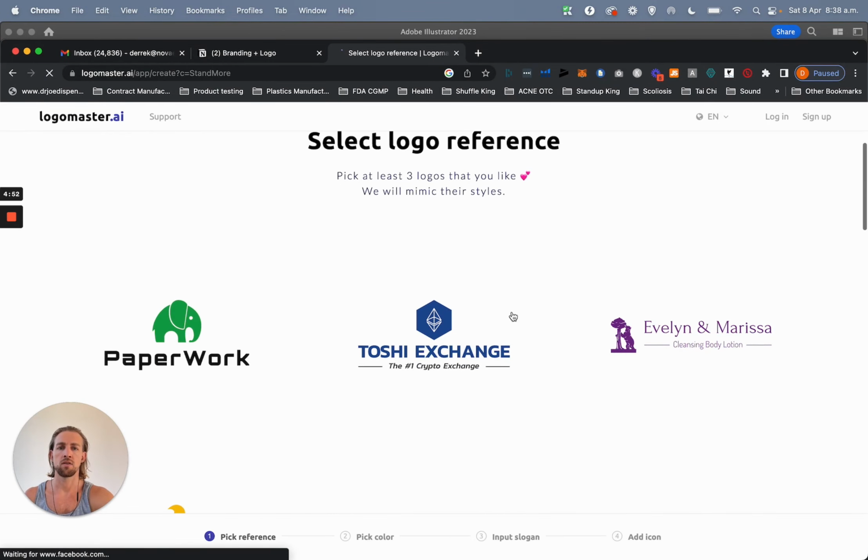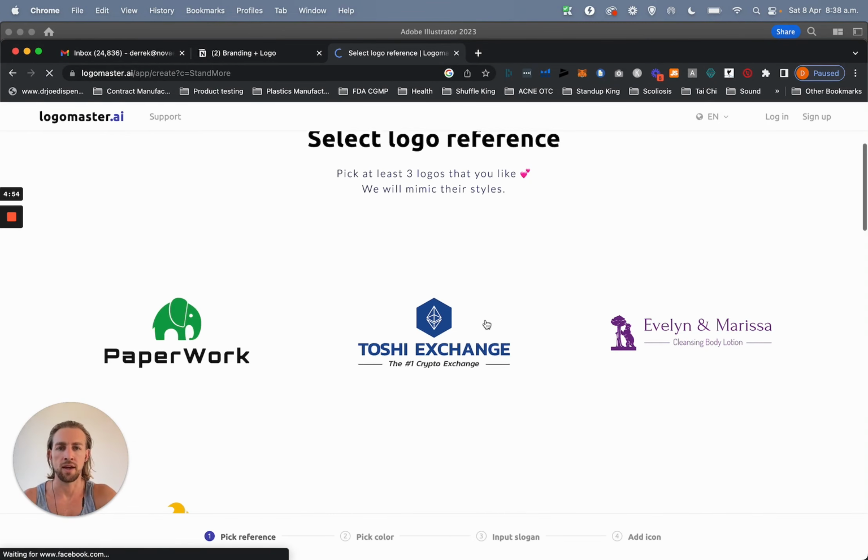So okay, pick at least 3 logos that you like. We will mimic their styles. I went through this. Let's just go through real quick. This, because it has the tool. This is decent. This is decent. Like this. Okay. So yeah, basically pick the ones that appeal to you and that you can see your brand